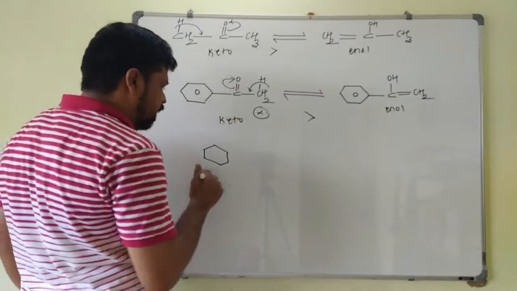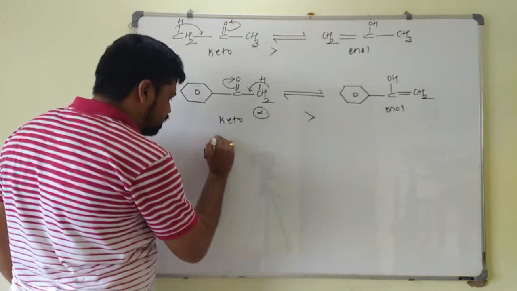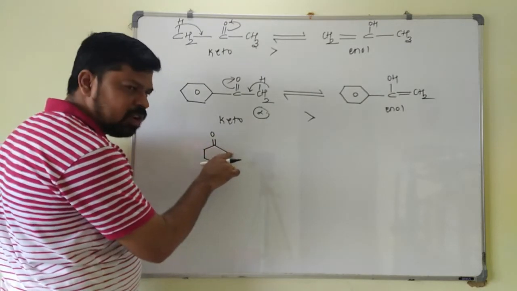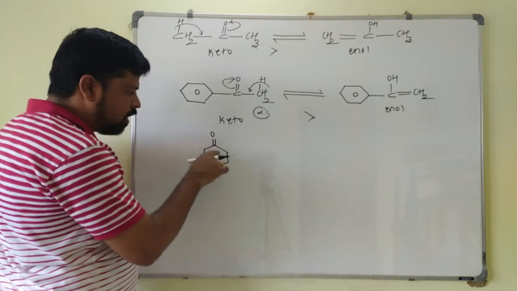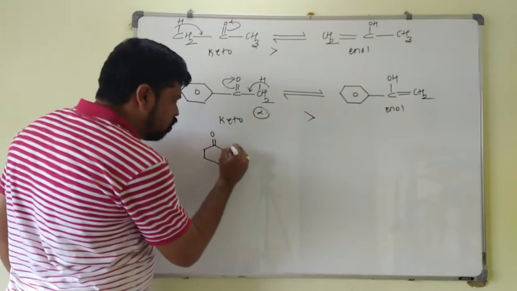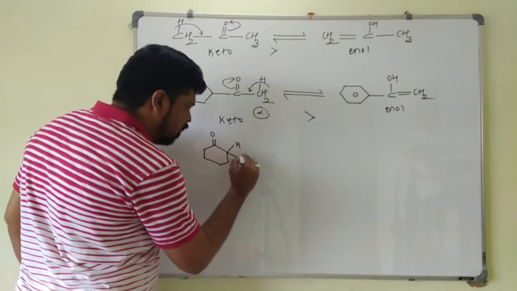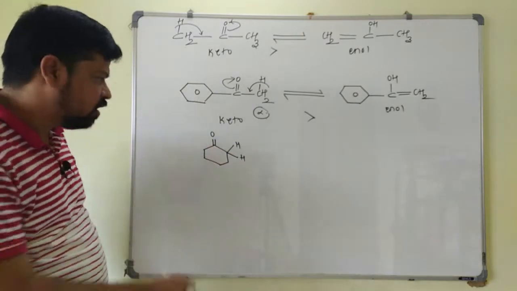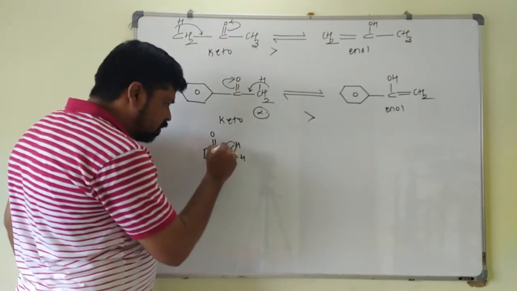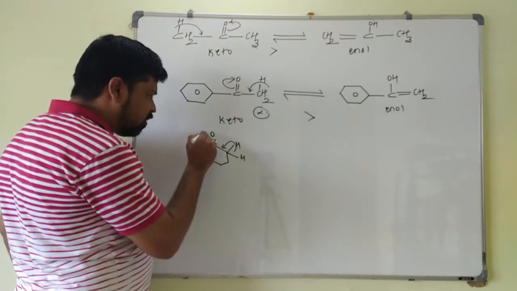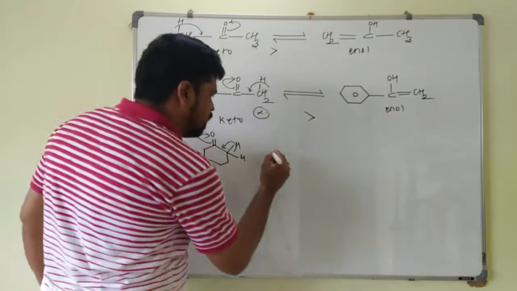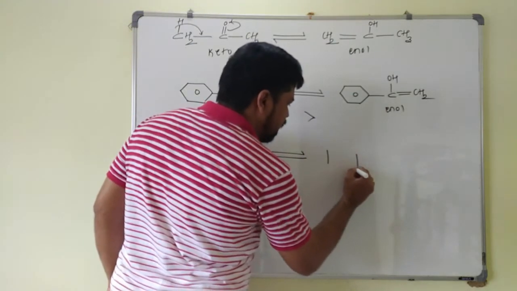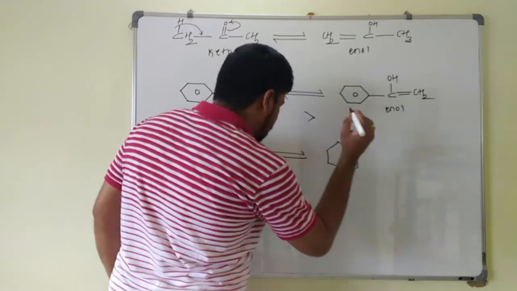You will get a cyclic ketone like this. So that will be C double bond O here, and with respect to this heteromultiple bond, this is also alpha hydrogen. Here also alpha carbon atom is there, and here also what? Alpha carbon atom. Both are sp3 carbon atom. So in both places alpha hydrogen atoms are possible. You can shift any one of the alpha hydrogen to this oxygen atom here. So this bond is shifted here, and these 5 electrons are given back to the oxygen. So this can be equivalently written as, this will be a 6-membered ring as it is. Okay, and here you will get what?